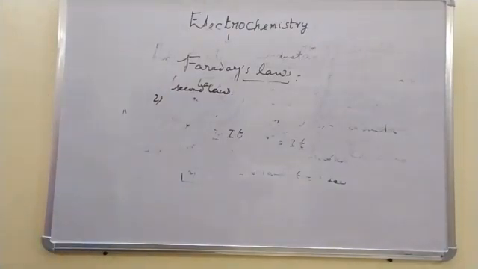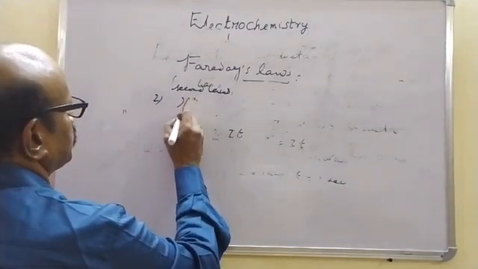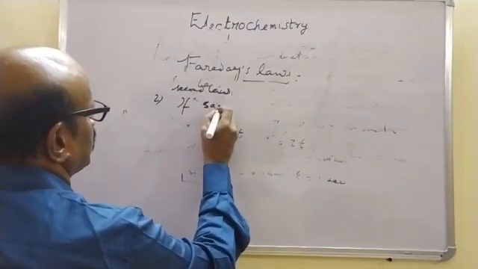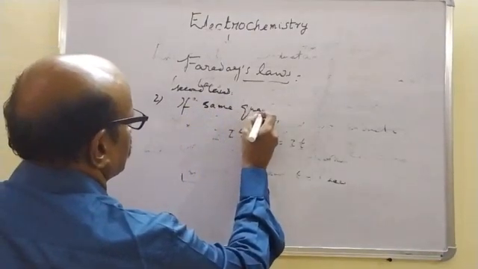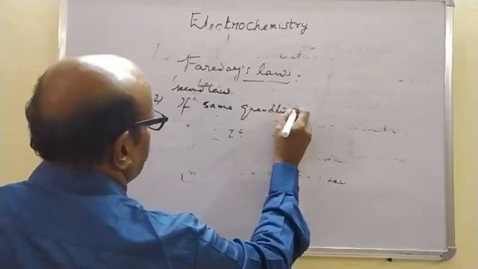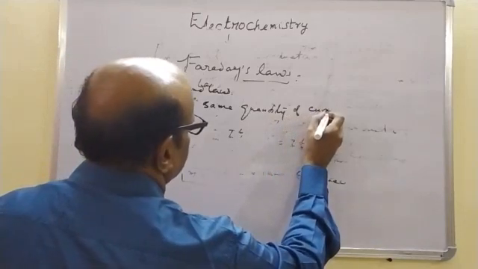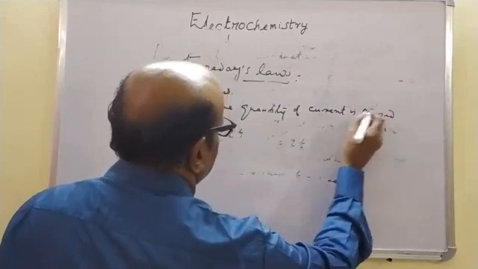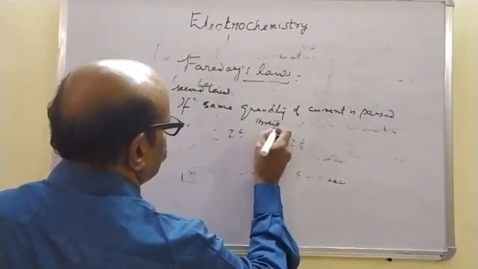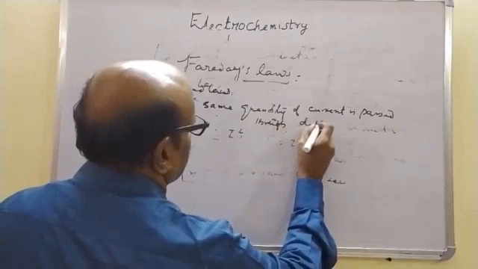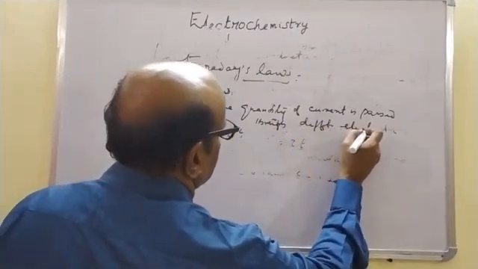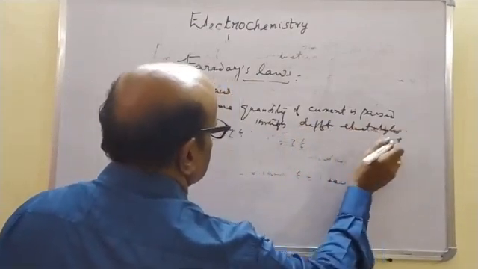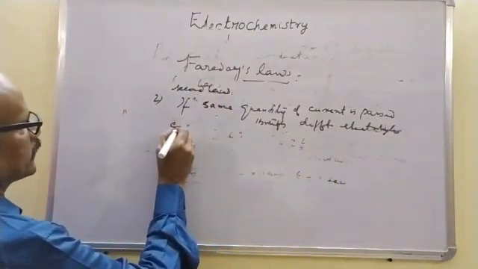Faraday's second law states that if the same quantity of current is passed through different electrolytes which are connected in series,